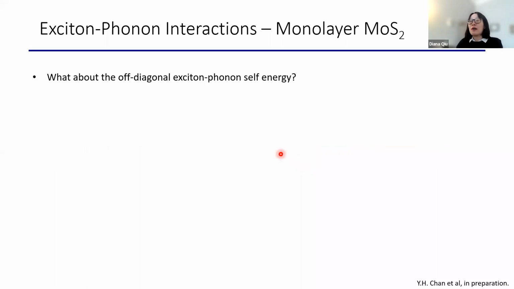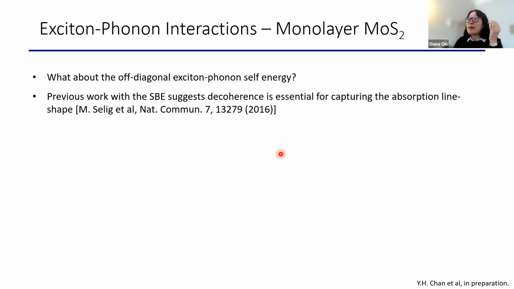Up to now, what we've been doing is looking at the relaxation time using this exciton-phonon formalism, assuming that the exciton-phonon self-energy is diagonal in the exciton states. And this is not necessarily true, especially if the exciton-phonon vertex is roughly the same order of magnitude as the exciton binding energy. It's smaller in MoS2,